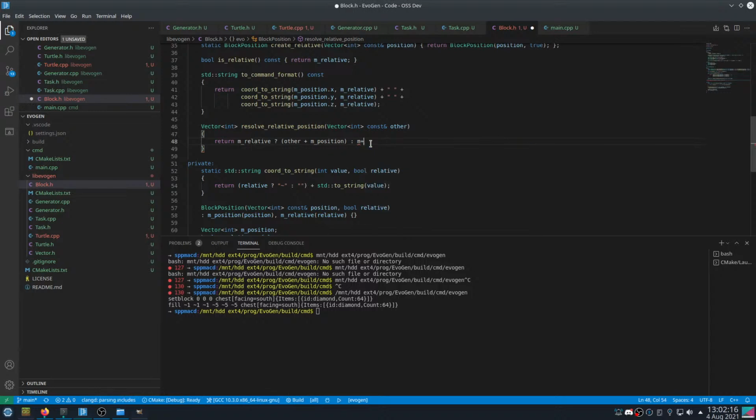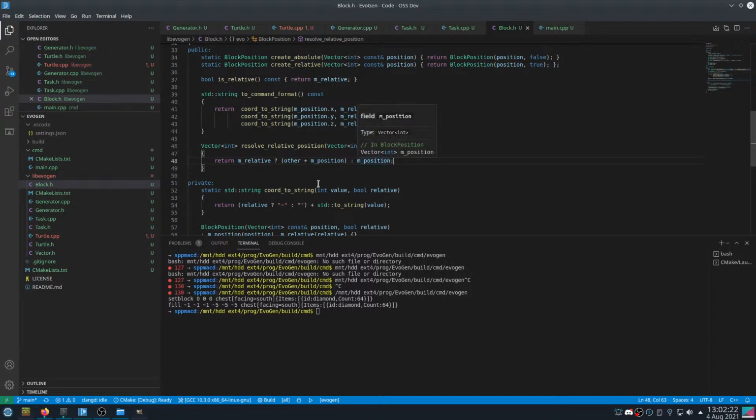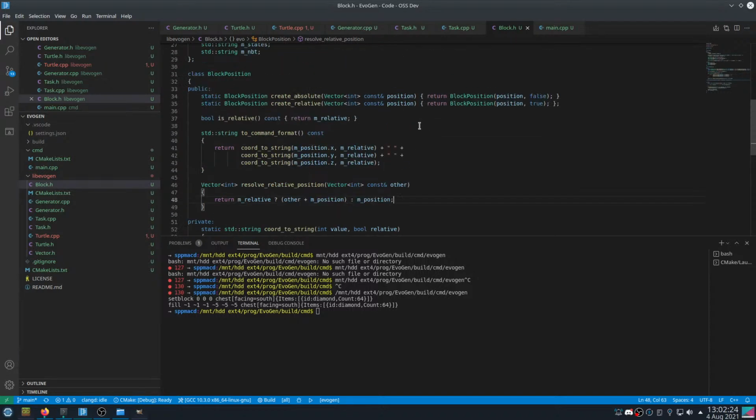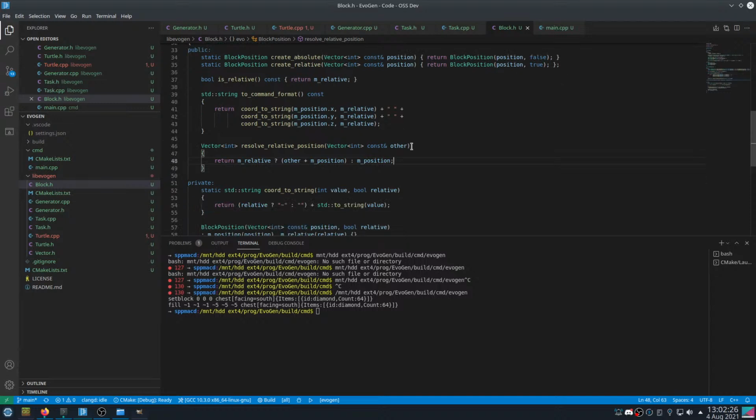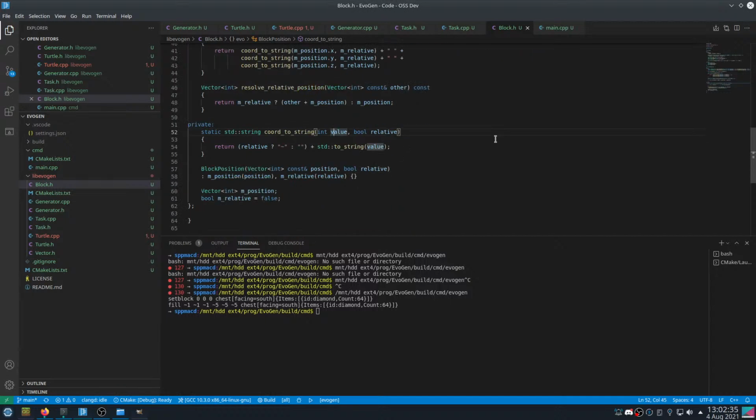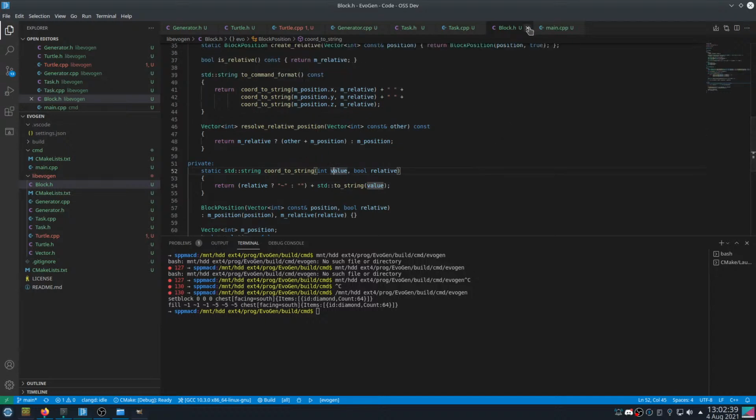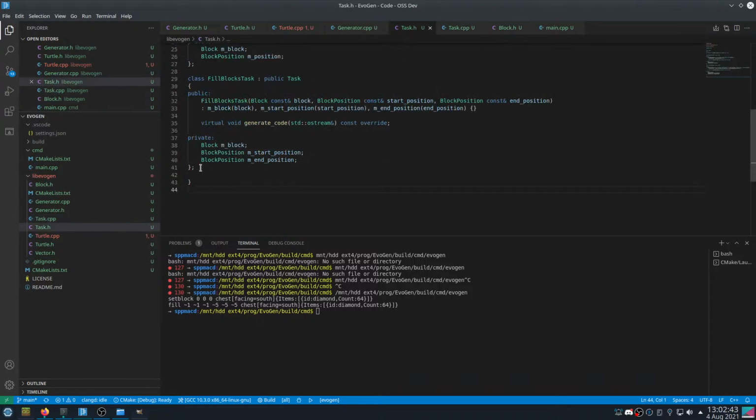And that will return just position, because we don't care about that other when it's absolute. And that's const. Yeah. And now we'll have